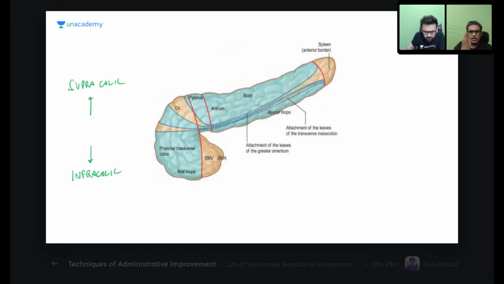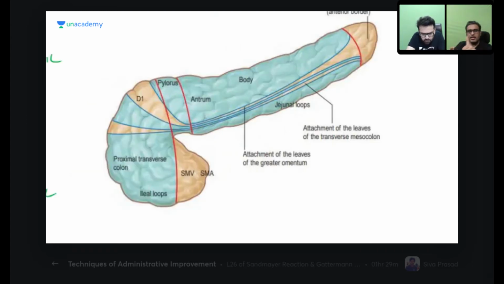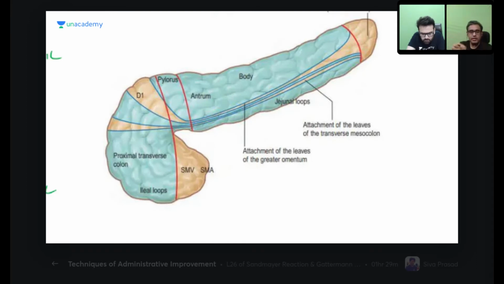Okay, thank you. So here you are looking at what? Here we are looking again at the pancreas. I repeat the same things: secondary retroperitoneal. Listen carefully, secondary retroperitoneal. Now imagine my hand over here. This is my posterior abdominal wall: posterior abdominal wall, vertebrae, and the psoas major muscle.